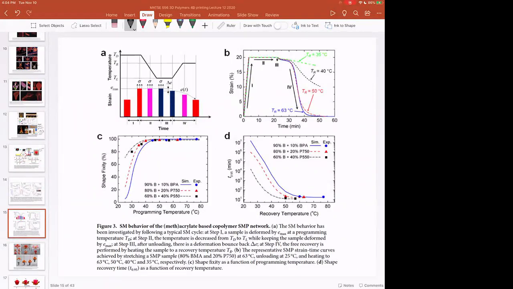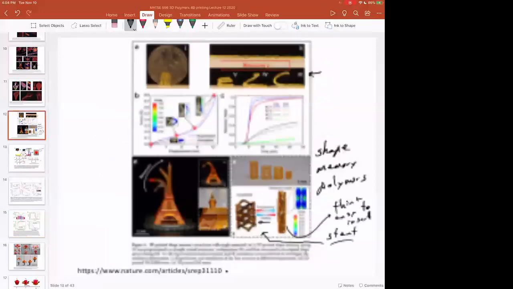And so as they change the temperature, they're getting different strains of this material, or different shape recoveries. They have a programming temperature for the shape responsive polymer, then they have a recovery temperature. And depending on what temperature you set the shape, and this is a little bit easier to see, say,